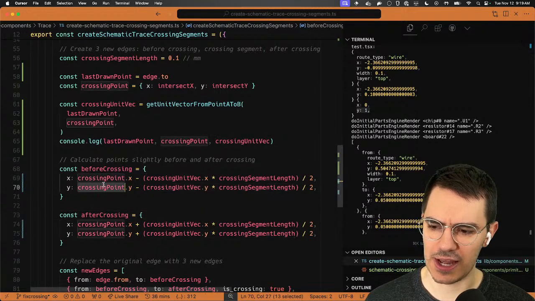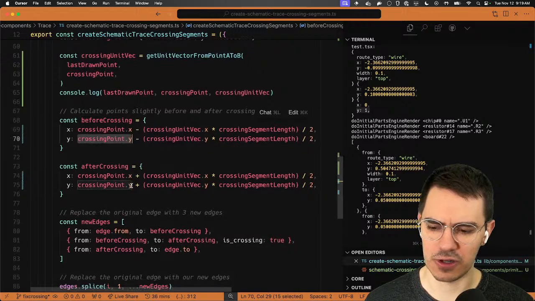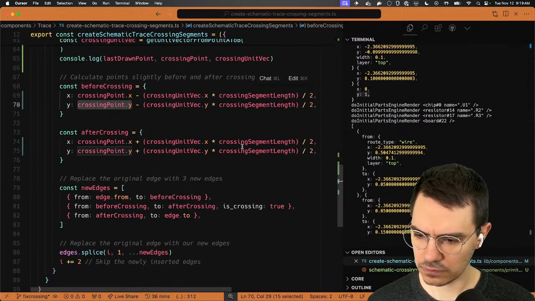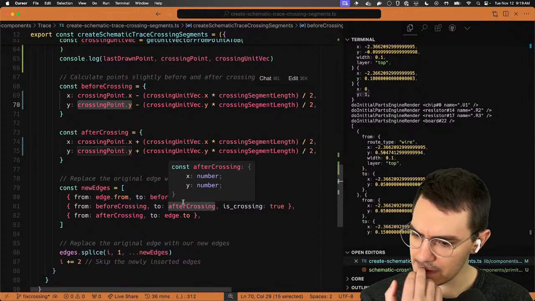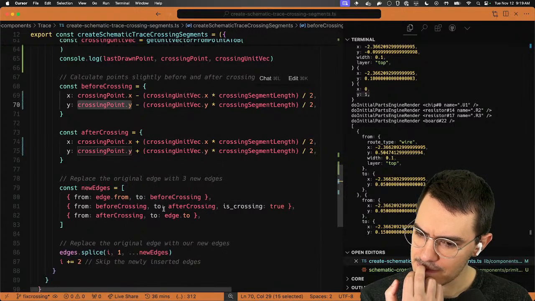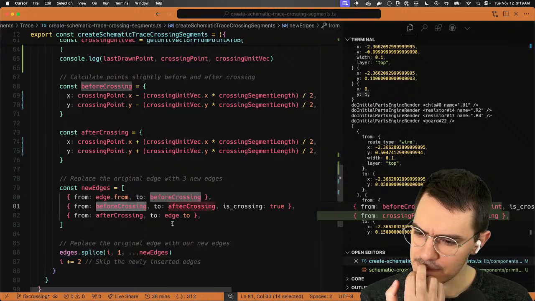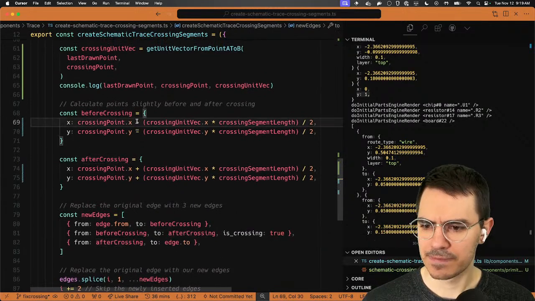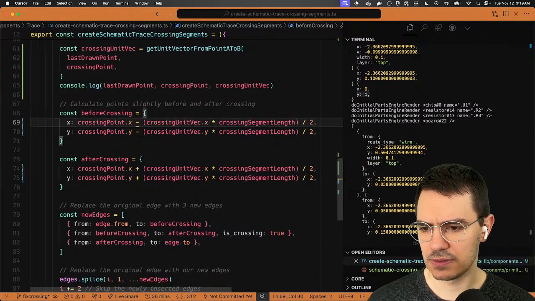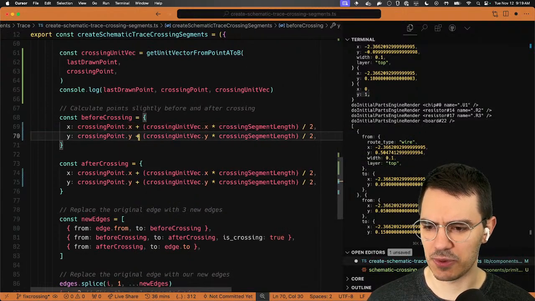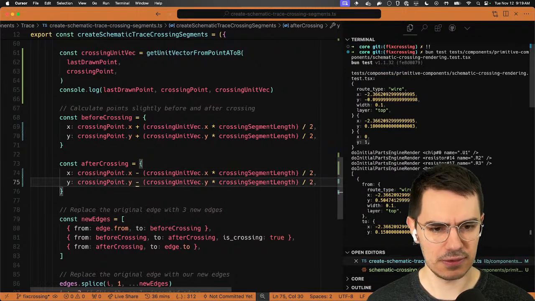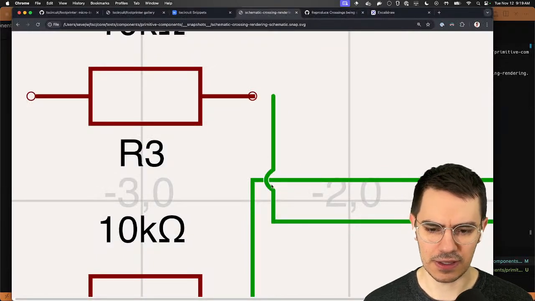So we're subtracting the y from the before crossing. So let's test, but I want to revert it. Let's test the theory where we invert the,